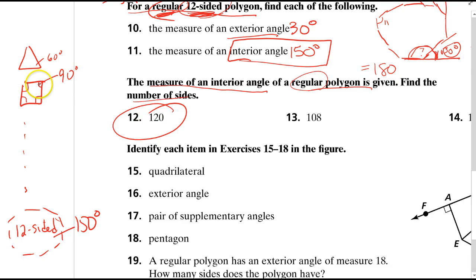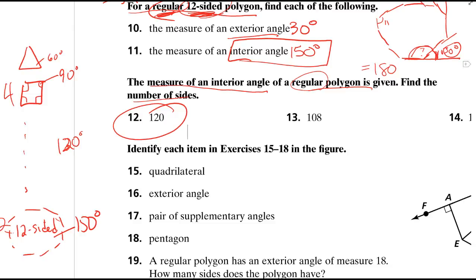Well, it's somewhere between a 4-sided figure and a 12-sided figure, isn't it? So here's our 120 in here. So, you've made a guess? Okay. Now let's figure this out. So here's how I figure this out. Let me get a clean piece of paper. Every time we were talking about a single interior angle,